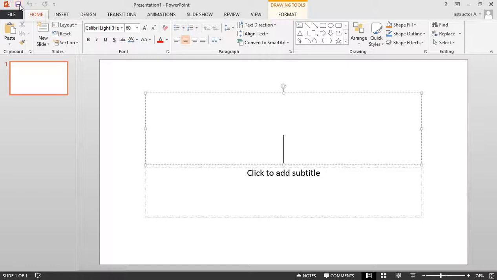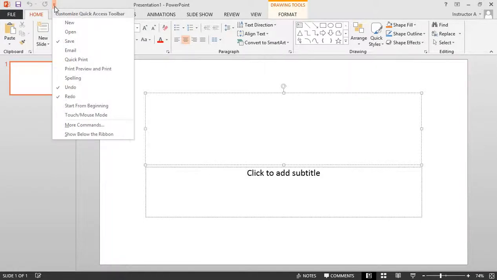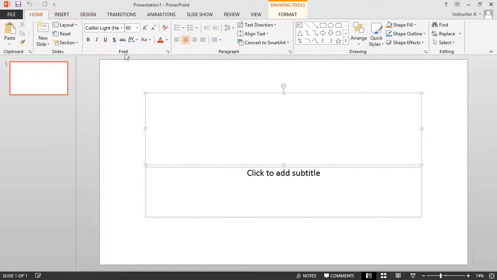So you'll find some popular buttons such as save and undo and redo, which are fantastic. From the drop-down list on the right side of that, you'll see that we have other options available, and you can check or uncheck any of these, depending on what you would like to see up there. Also, we'll be talking about this ribbon in just a few minutes, but one of the nice features here